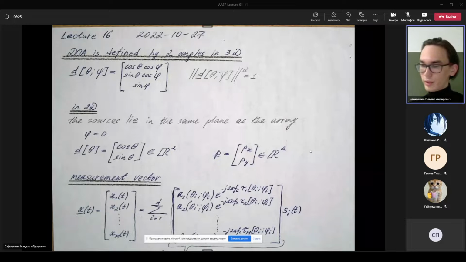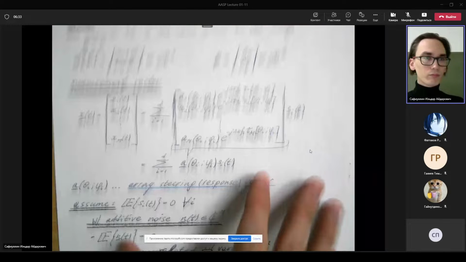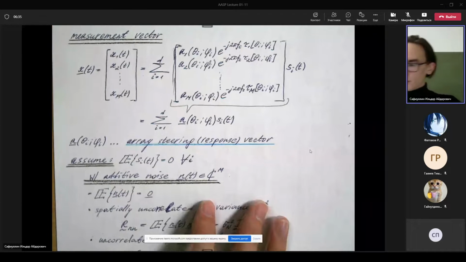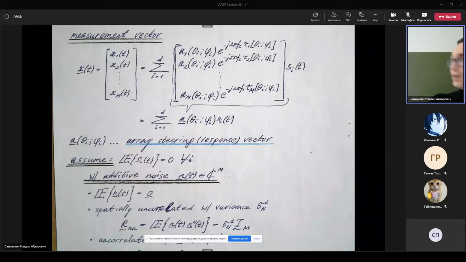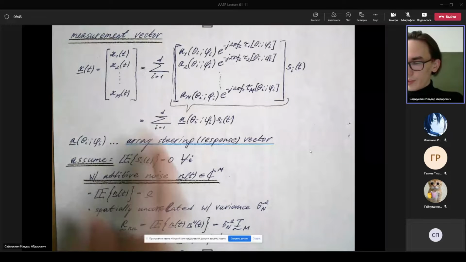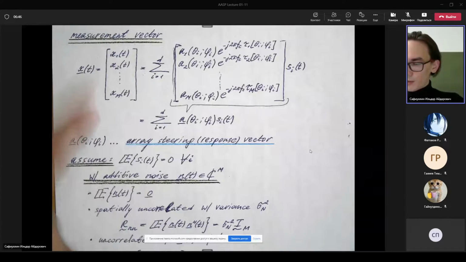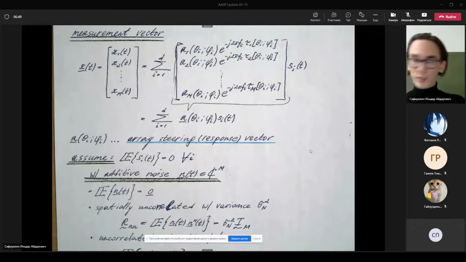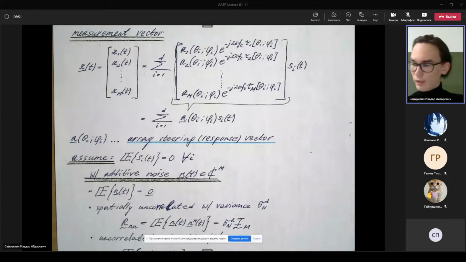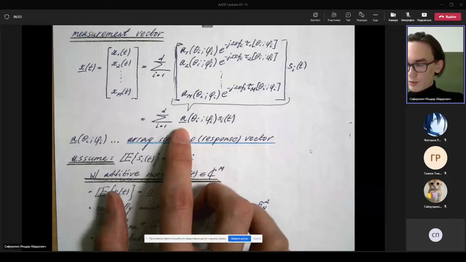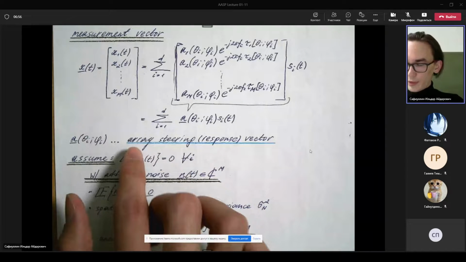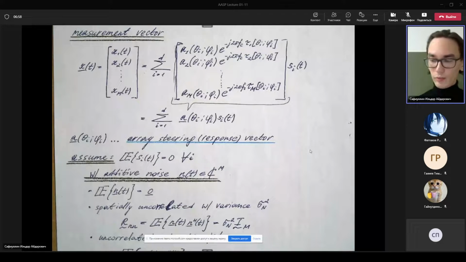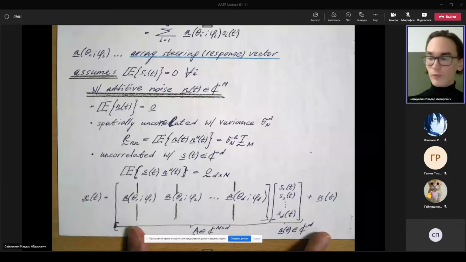And we can start. So first, I think we can continue with this measurement vector. We denote it as vector x of t, and it is the collection of x1 of t up to x capital M of t, and you can see what we will have in this case here, where A is an array steering or response vector, and here we have some assumptions that